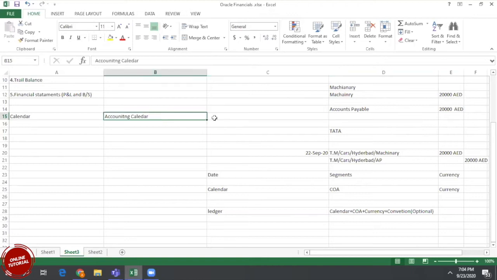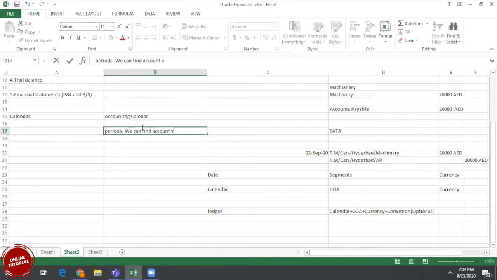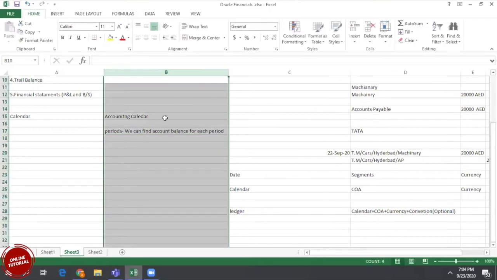So we define the accounting calendar as periods. If we define periods, we can find the account balance for each period. That is the advantage.